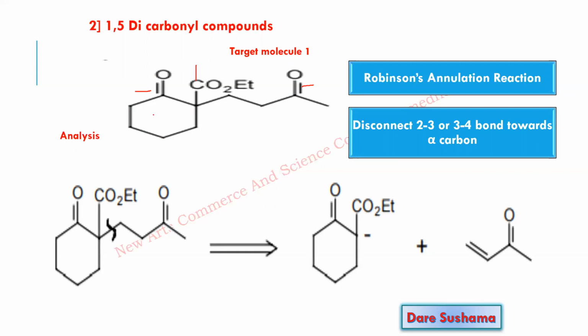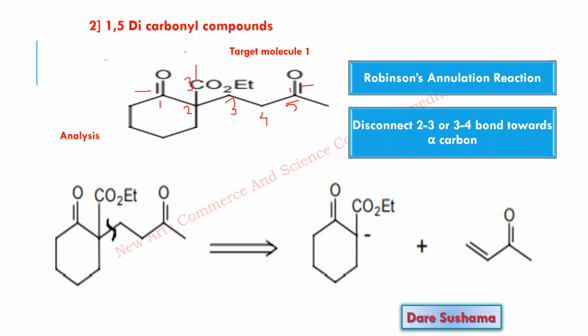So the carbonyl group is there. You start the numbering from any of the carbonyl groups. So this is number 1, number 2, number 3, number 4, and number 5. This is number 1, number 2, and this can also be number 3. Or if you go from this direction, then it will be number 1, this will be number 2, this will be number 3, this 4 and 5.